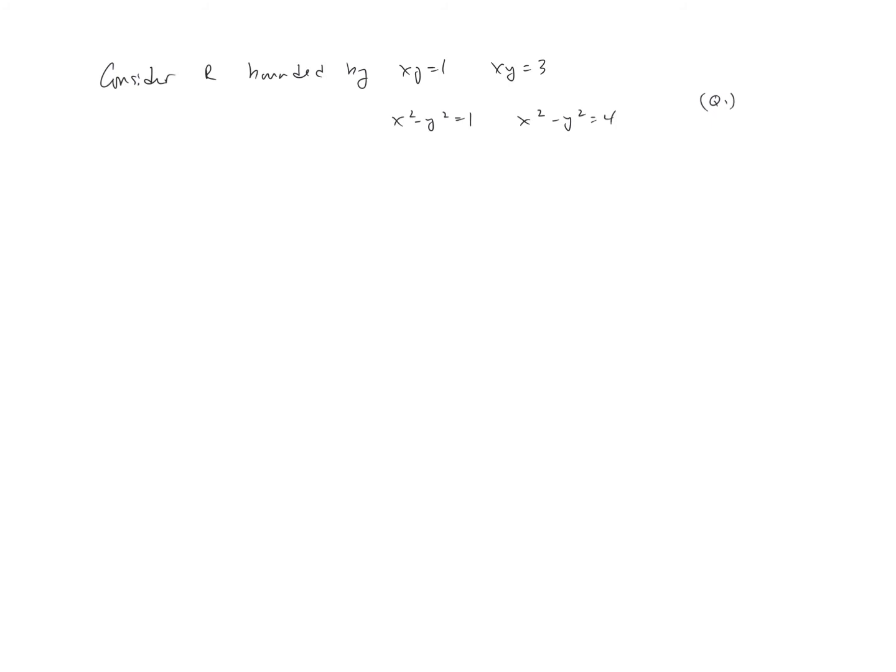Well, we know that this guy is the same thing as y equals 1 over x, and this is the same thing as y equals 3 over x. So when I actually want to come through and graph this now, it's probably just going to be easiest to view this one as your y equals 1 over x, and this one as your y equals 3 over x. And then both of these are going to be hyperbolas. The first one here that I'm going to sketch in might look something like this,